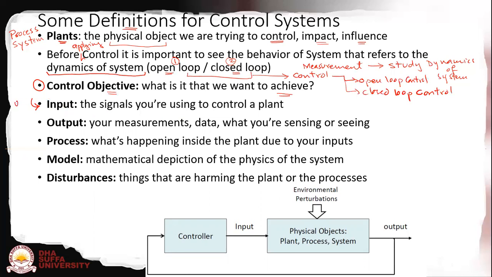So we usually represent it with u(t). So this is the input signal that the controller is generating. And the control objective comes here sometimes as an algorithm